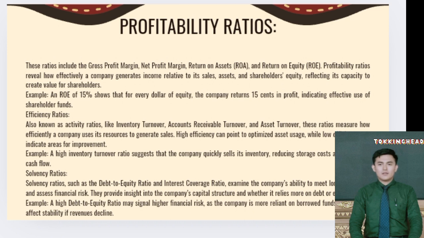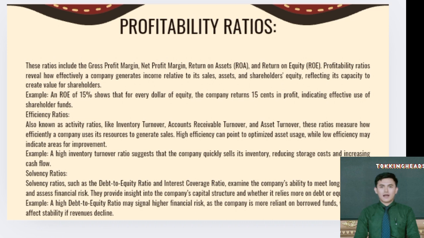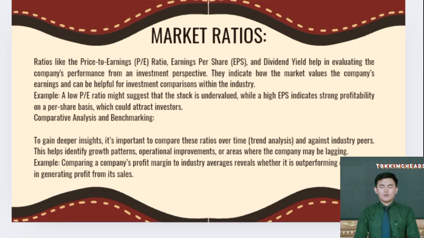Efficiency ratios. Also known as activity ratios, like inventory turnover, accounts receivable turnover, and asset turnover. These ratios measure how efficiently a company uses its resources to generate sales. High efficiency can point to optimized asset usage, while low efficiency may indicate areas for improvement. Example: a high inventory turnover ratio suggests that the company quickly sells its inventory, reducing storage costs and increasing cash